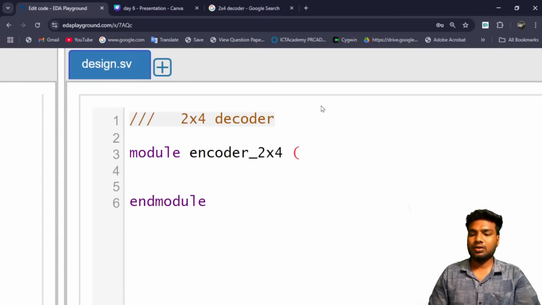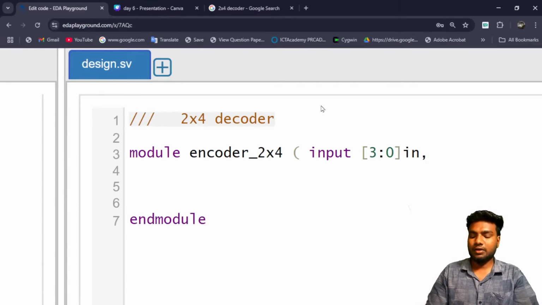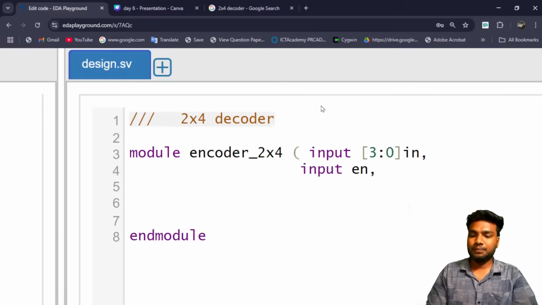So I have 4 inputs: input 3 down to 0, and then the enable signal. I am going to use the enable signal. This is a good way of writing code if you are using an enable or ready signal like that. So these are the status signals, and then my output is